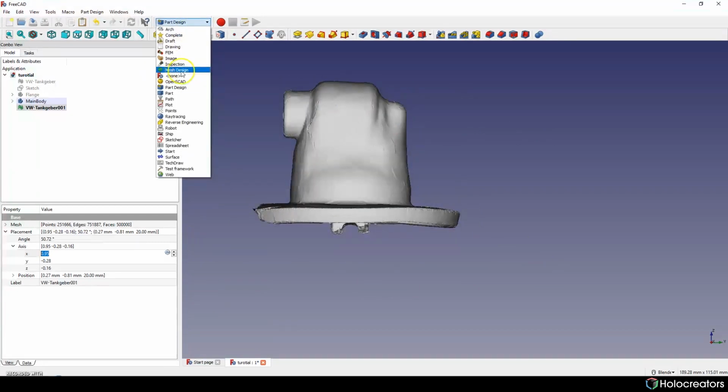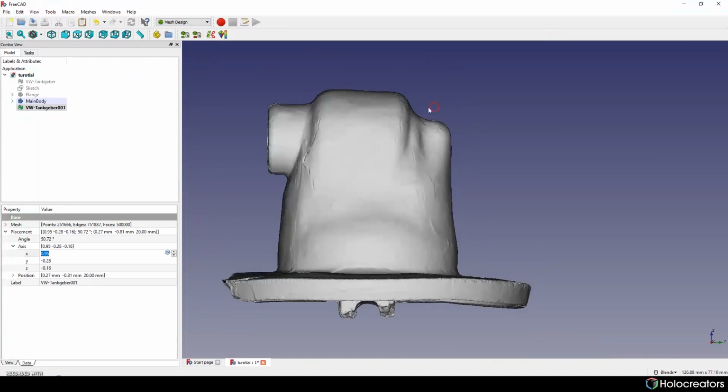let's choose our workbench to mesh design, and for this we have this cut tool, and what we're gonna do is just simply gonna do a cut, but let's cancel.